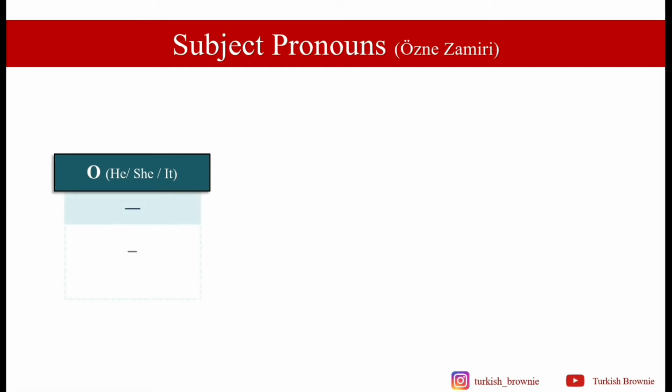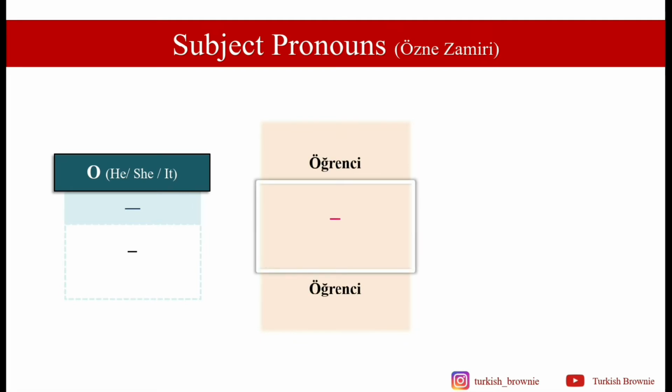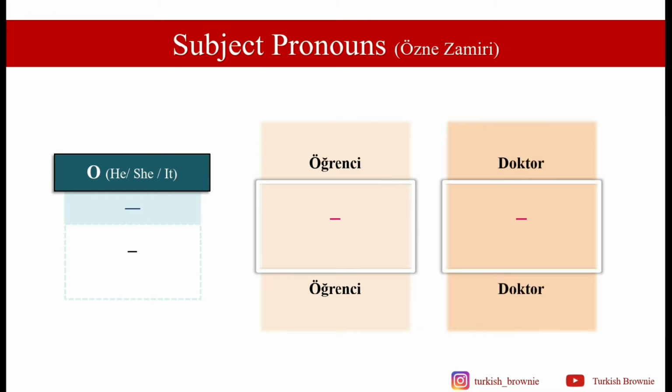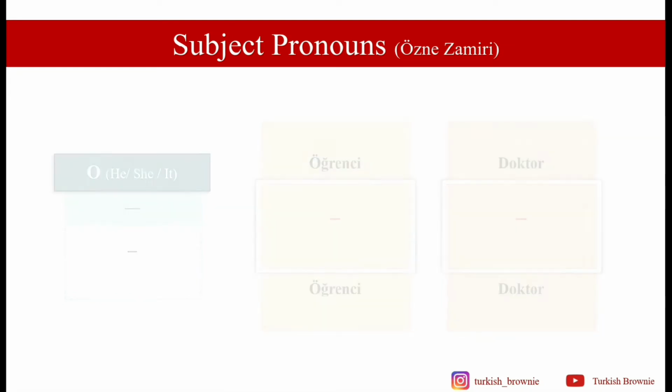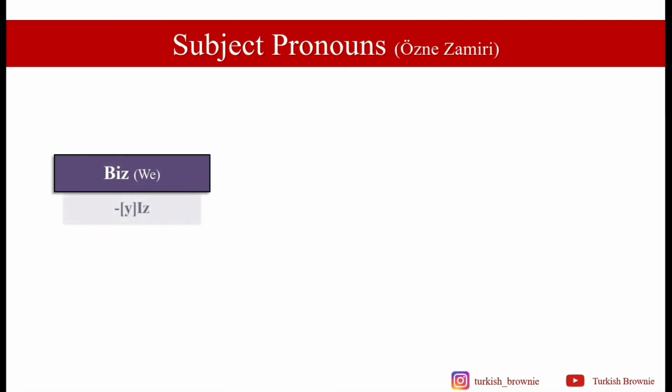actually no personal suffix. So if I have to say he is a student, then I'm just going to say o, öğrenci. Or for doctor, I'm going to say doktor. There is no personal suffix for he, she, or it. But for biz or we, there is a suffix which is is with the connecting y, and there are 4